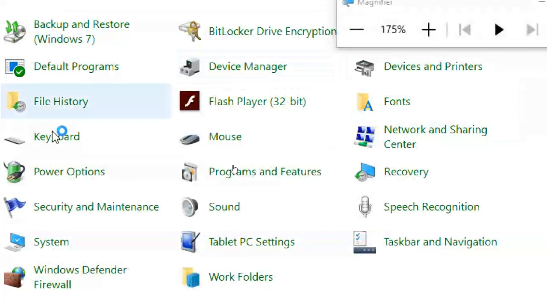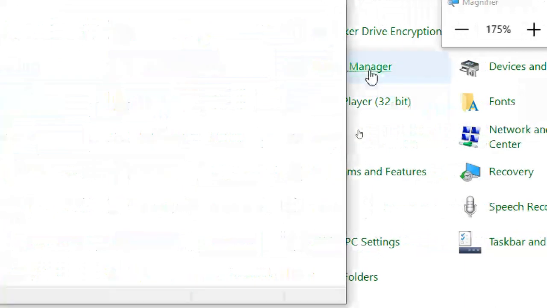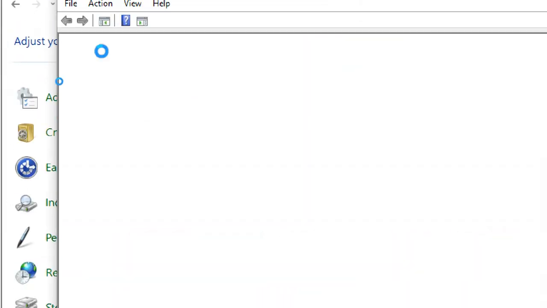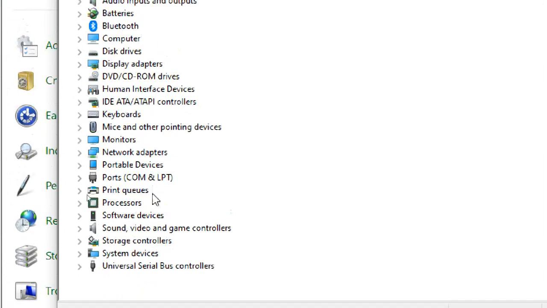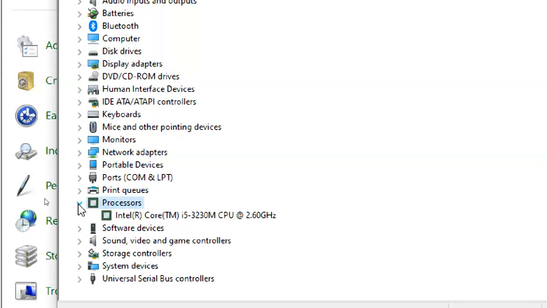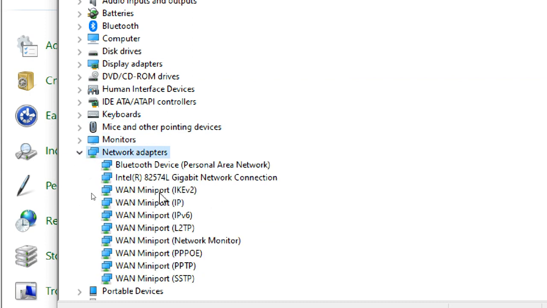Device manager. Device manager will display all the devices connected to your PC and their drivers, like processor, sound and video game controllers, keyboard, mouse, monitor, network adapters. See, these are all network adapters showing here. The actual network adapter is this one only.